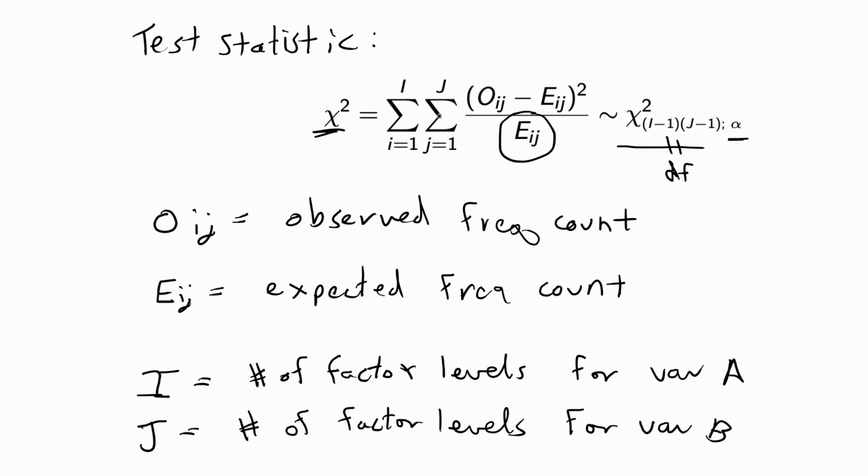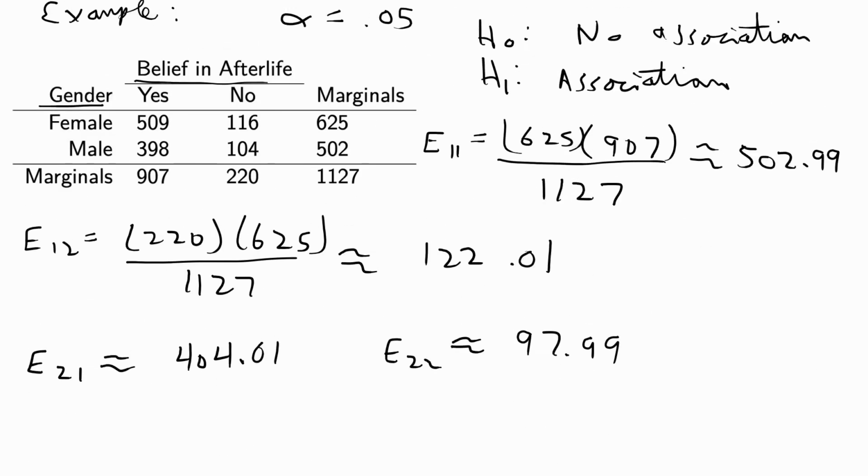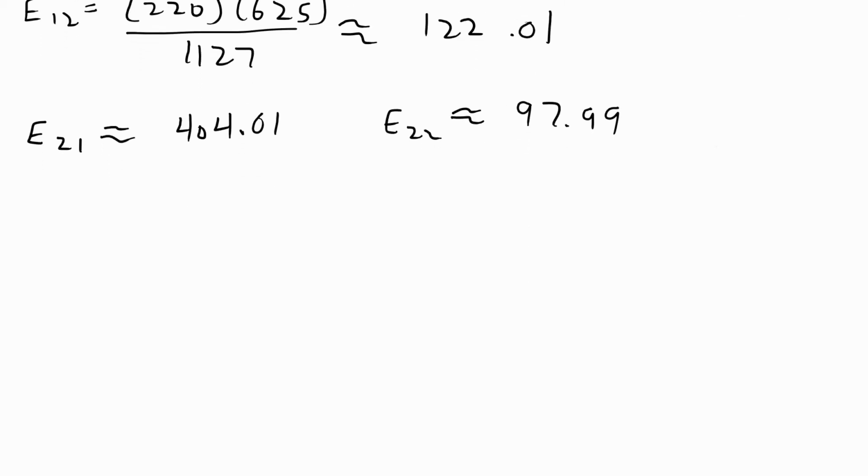So the equation for that is as follows. Basically, for every cell that you observe, you're going to calculate observed minus expected squared divided by expected, and then you sum that up for each cell. So in this case, I have 4 observed counts, so I need to subtract and square the expected frequency counts from that, and then divide by expected, and sum each of those terms. So I'm going to sum 4 terms in total.